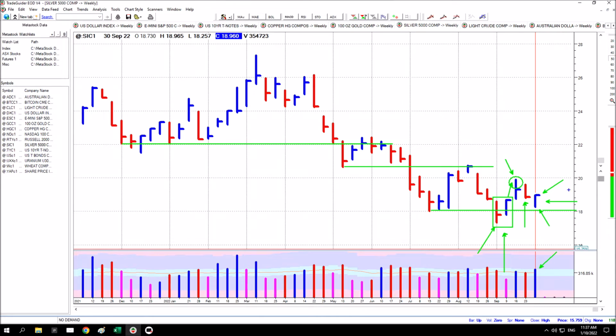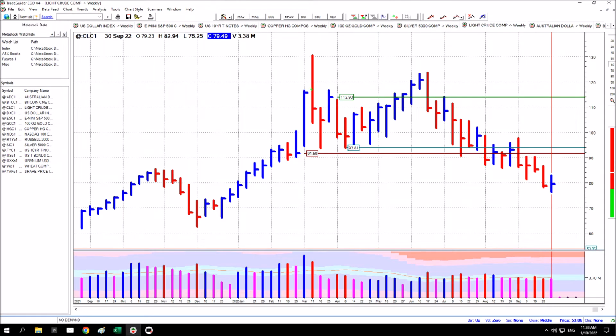Often you'll see a secondary test for supply that draws out lower volume in response. But if the market's really in a hurry, you may just see price push higher in response, especially if market trading conditions are favourable. So if the US dollar index continues lower next week, even if only initially, you may see this market perhaps briefly test for supply, very shallow, and then push higher in response.